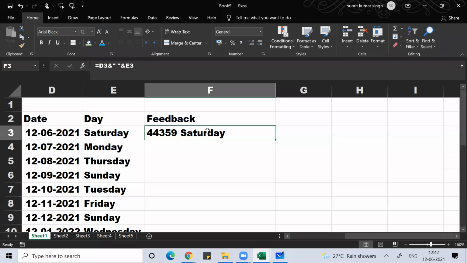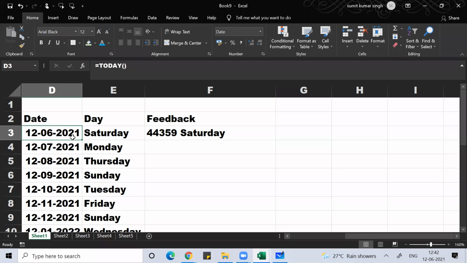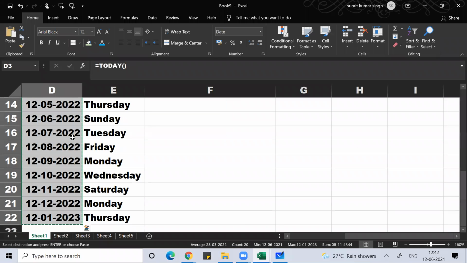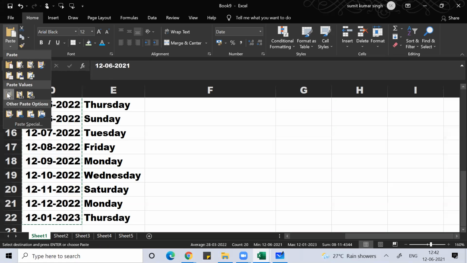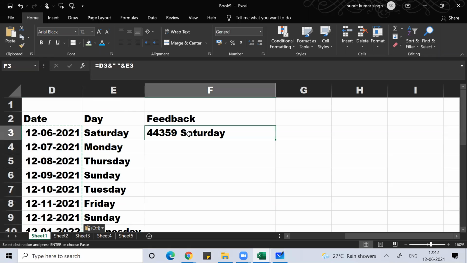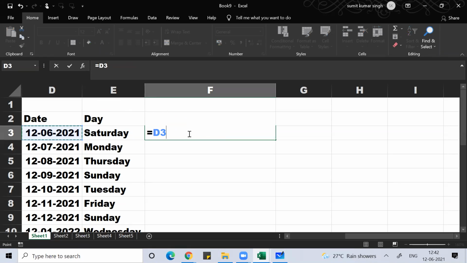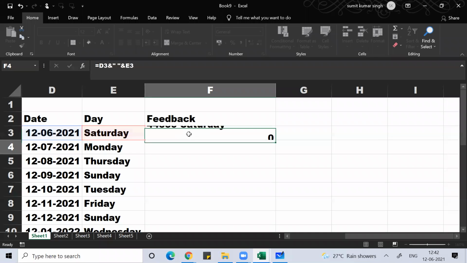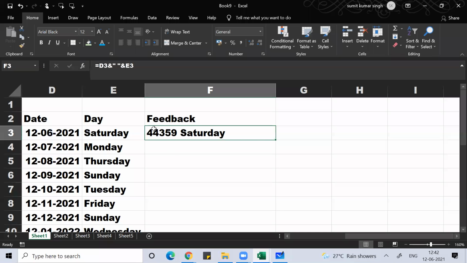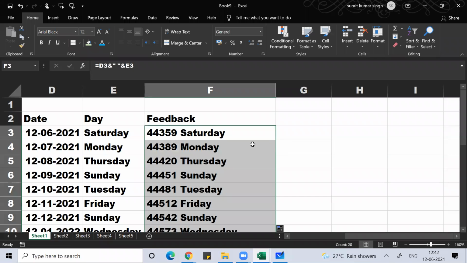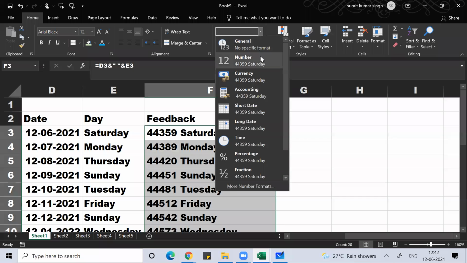So what I can do, guys, is select everything, Control C, go to paste, do paste value. Then this date, Shift 7, double quote, space, double quote, Shift 7, select this. Still this is coming like this only.